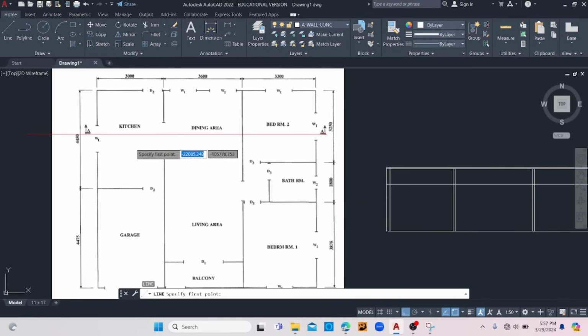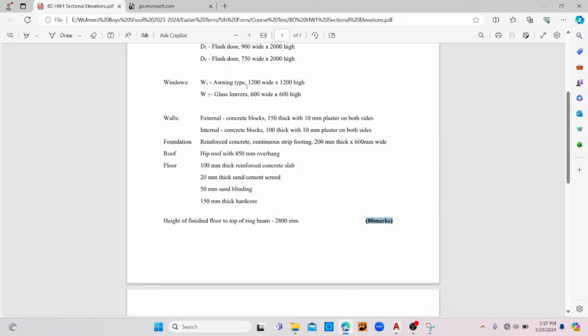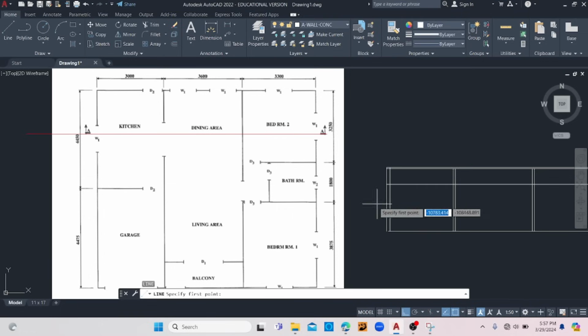Now these are W1 windows, and the dimensions for the W1 window is that it is actually an awning window, and it is 1200 wide by 1200 high. But we're only focusing on the height for this here because we're doing an elevation. So 1200 millimeters. So I'm going to offset down 1200 millimeters